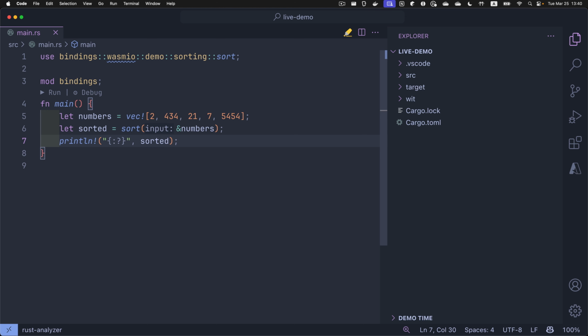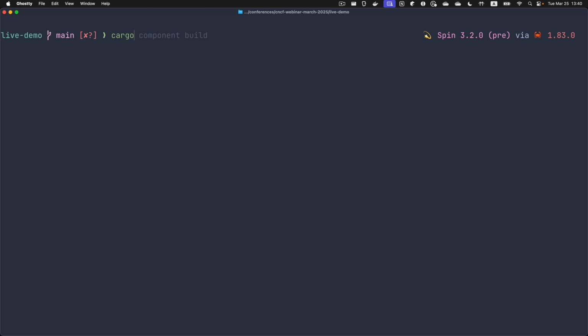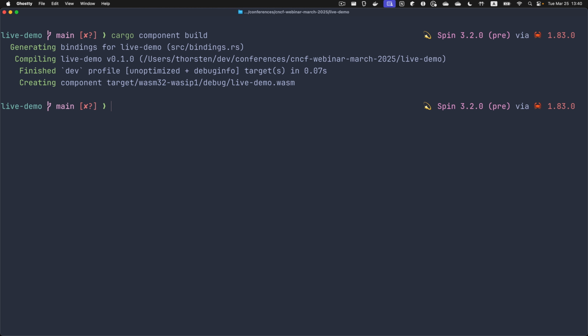Okay, let's close the editor and let's invoke a build, cargo component build. So now we have built the socket component. However, we have to wac them together. So we use the wac CLI, and first we point to the plug component, so the component providing the capability, the merge sorter in our case. We choose the path to the WASM file,